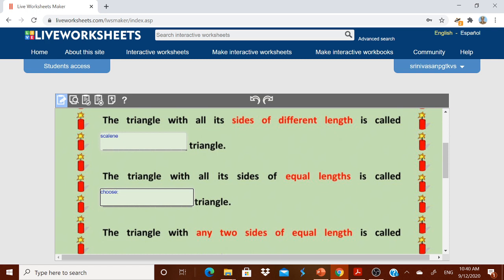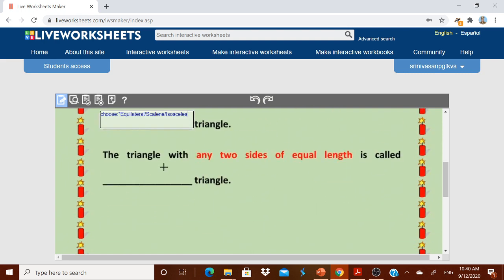Suppose I am writing the correct answer: for equal lengths, it is equilateral. Slash. Don't put a star now. Slash. Then isosceles.